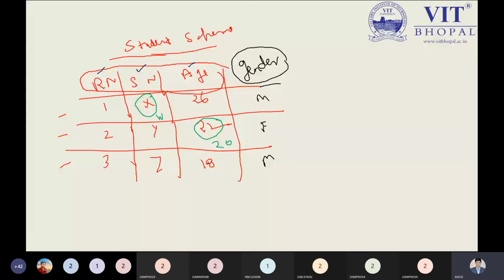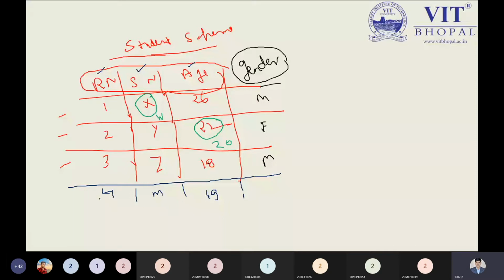Suppose I'm trying to add a new record. This is roll number 4, student name M, and age 19. Just see only these three columns or attributes. At what moment are we storing such information? The time associated with storing the information is known as the